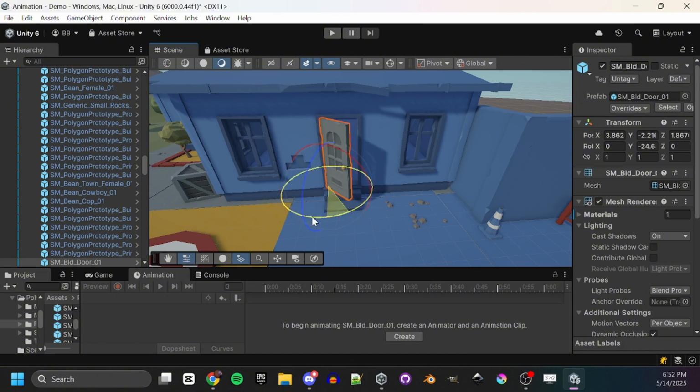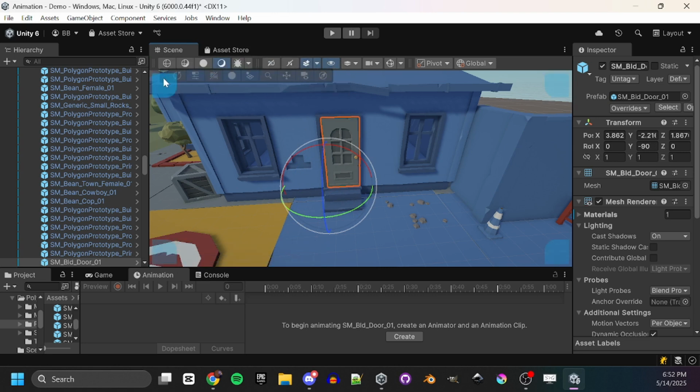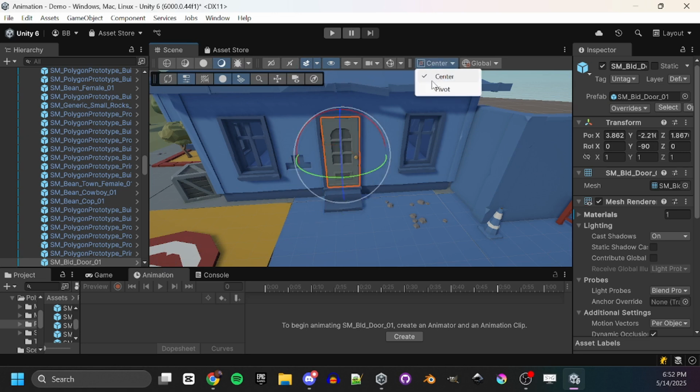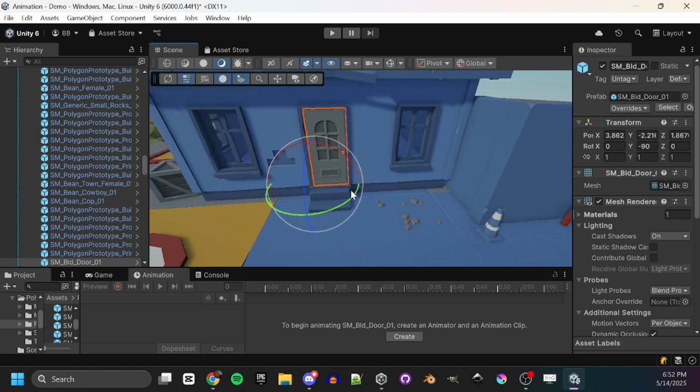You're probably going to want this set up because once we have the door shut, we'll want to open it to something that feels correct. So yes, that is under tool settings, where that pivot change is, from center to pivot. There are so many toolbars in Unity 6 now. So once you've got your door closed and things set up so it rotates like a door,